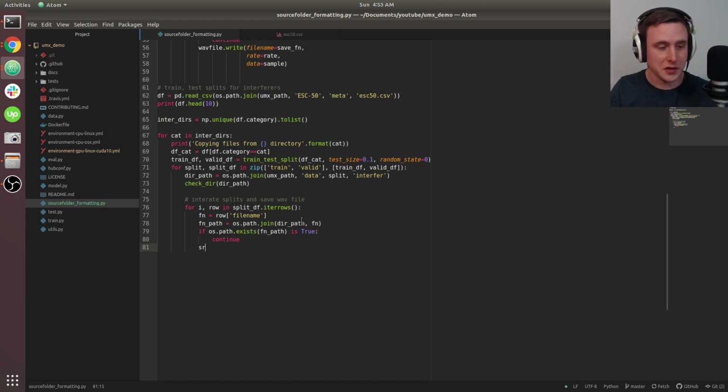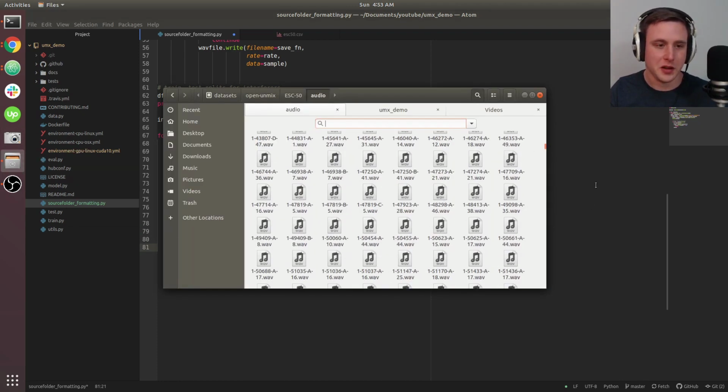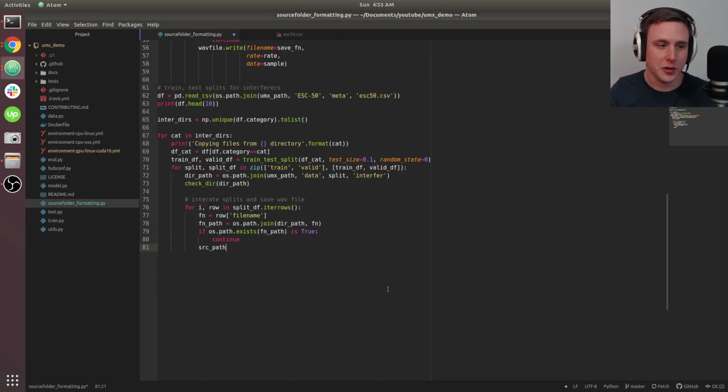But if it doesn't, we're going to copy it. So basically we're saying, if this doesn't already exist within my split data, I'm going to copy the file name that I need from here, and drop it in the directory where it needs to be. So src path is going to equal